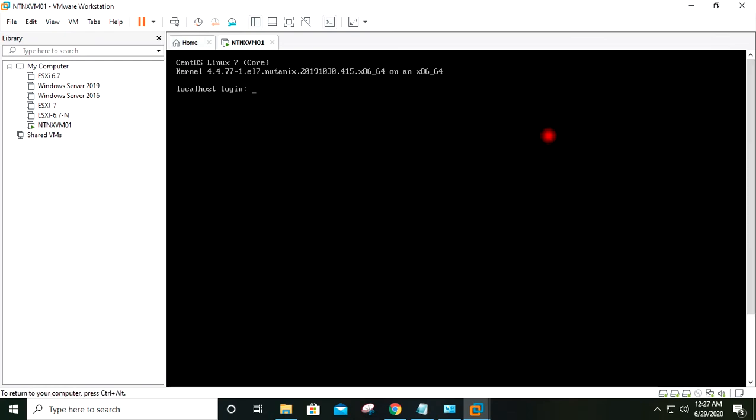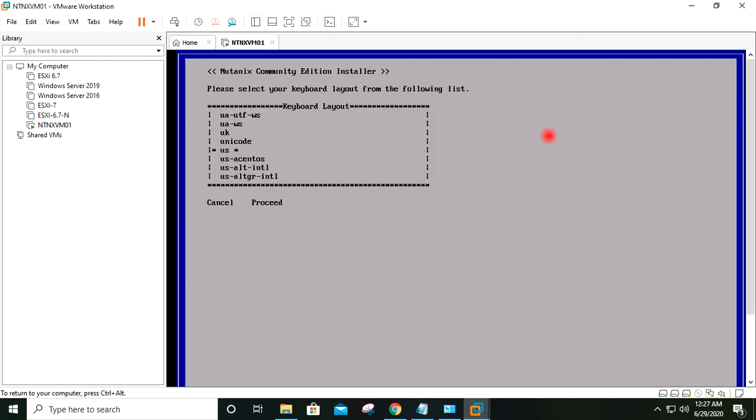Now we can begin the installation. To begin the installation, I will type install. US keyboard, proceed.